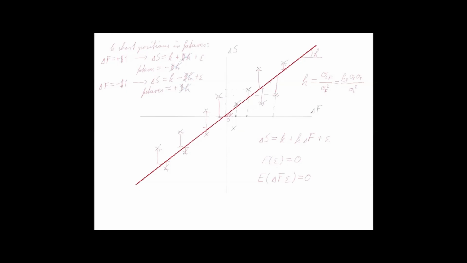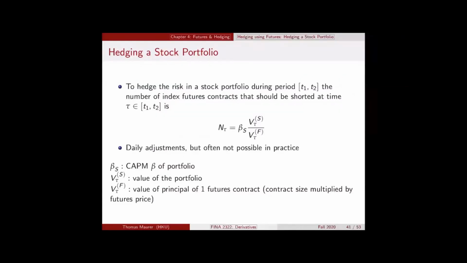And then this linear relationship is really nothing else than the CAPM relationship, where the constant is now the abnormal return alpha in the CAPM, and the slope coefficient would be the risk exposure beta of the asset towards the market, and the error term epsilon is the idiosyncratic risk of the asset which we are considering. So therefore, if you consider the daily hedging of the market risk of a certain stock or stock portfolio,